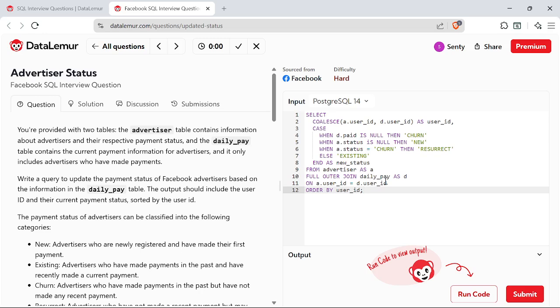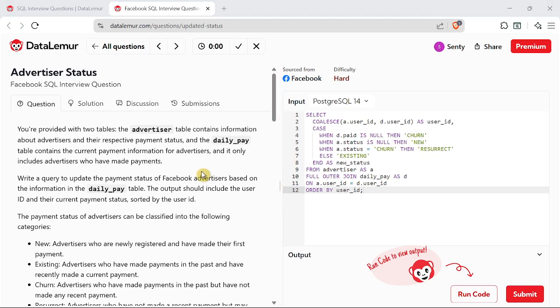All right, so question number 5 is Facebook advertiser status, and this one is a psychological test. We have a historical